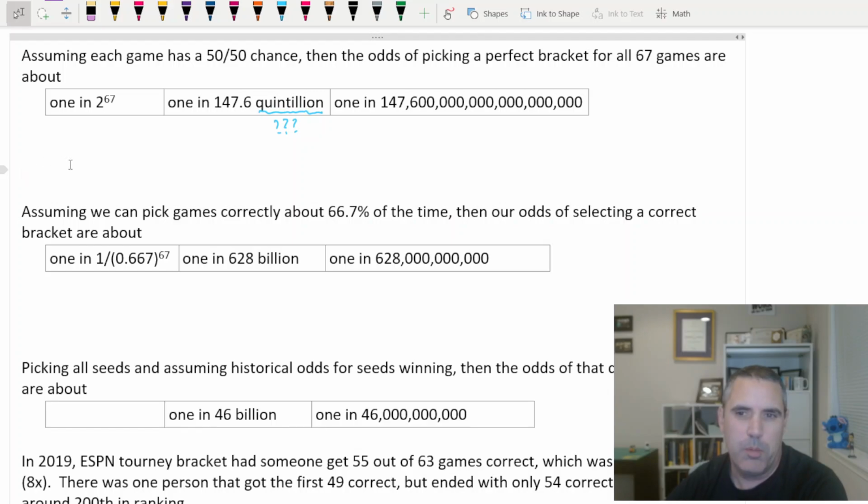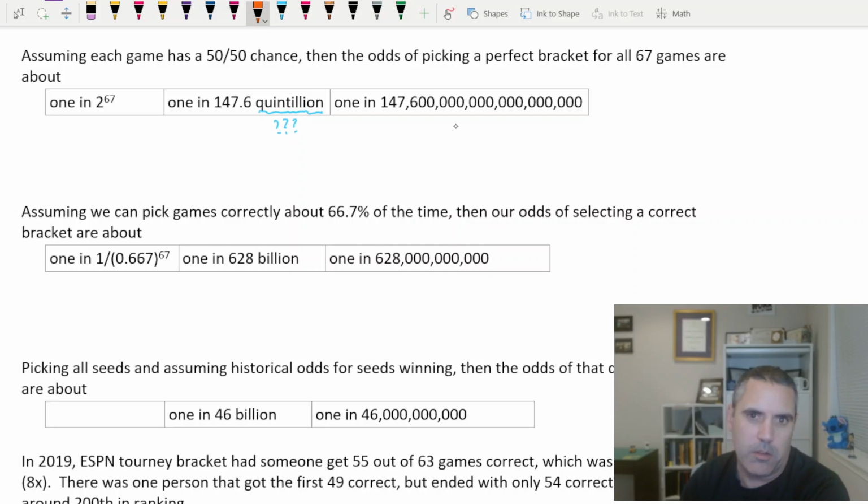All right. But the historical record, I just looked this up, is that when they look at the NCAA tournament, people tend to get about 2/3 of the games correct. That's over quite a few years, and I'm pulling this from the NCAA tournament. So if you assumed every game was about a 2/3 pick for the higher seed, the probability shrinks quite a bit, and you can do the calculation. Instead of raising 1/2 to the 67, which is basically what we're doing with the probability, and then flipping it to get a 1 in whatever, because it's easier to read it like that than as a long decimal,